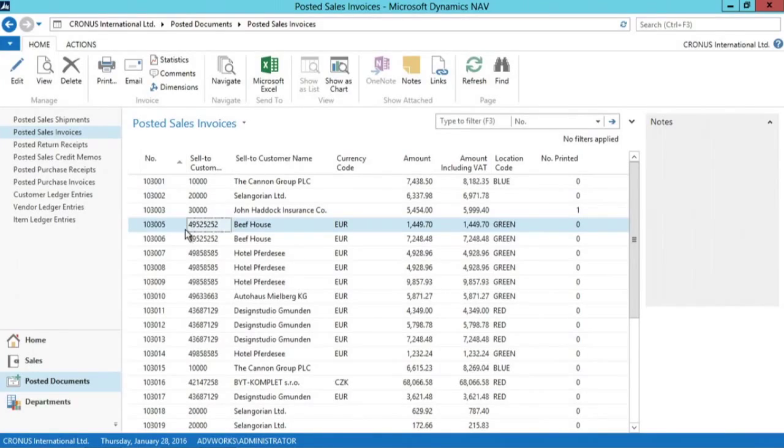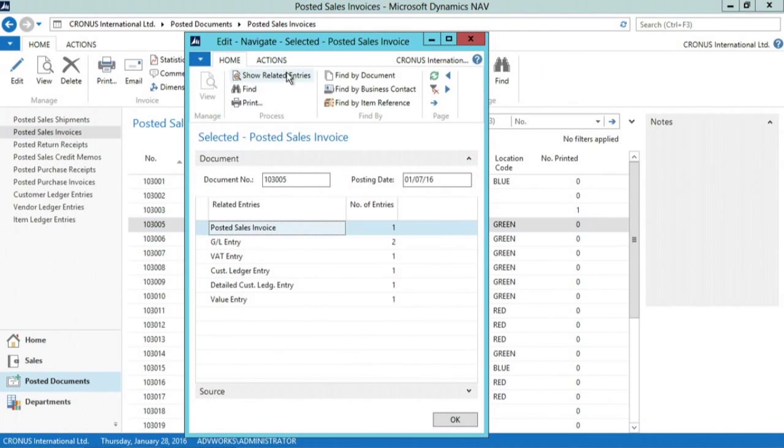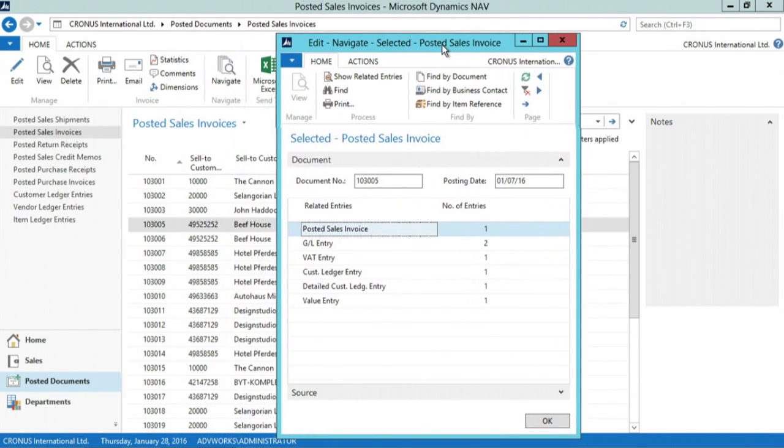Here in the application, I'm looking at the list of the posted sales invoices. Now, from within this list, I can select any of these invoices, and then I can click on the Navigate button. This will open the Navigate window with some predefined filters. What I'm seeing right now is the information about this sales invoice and the related information in the posted entry